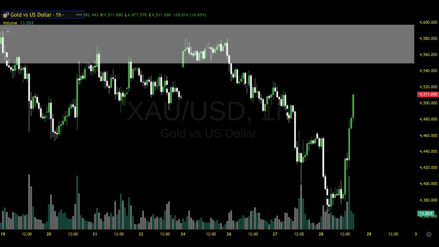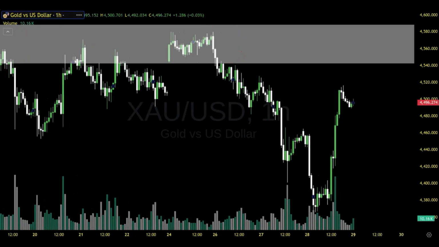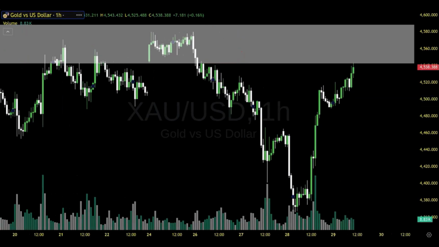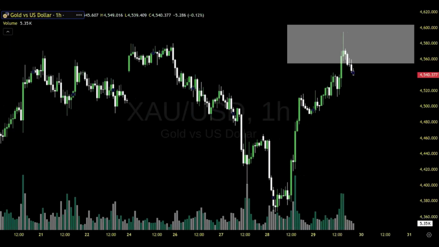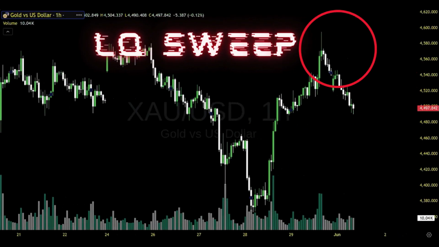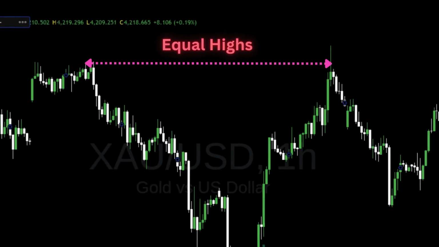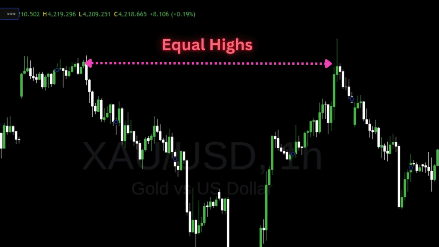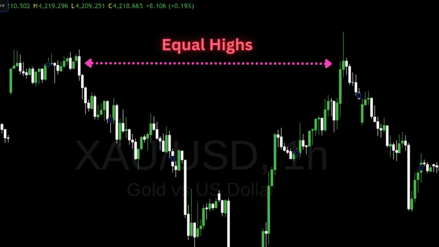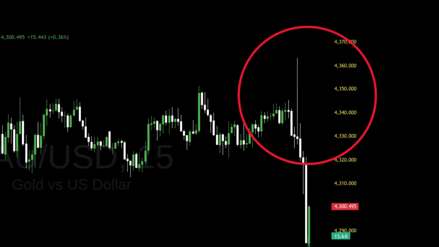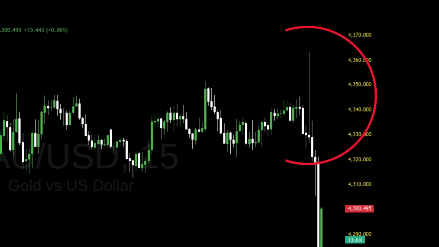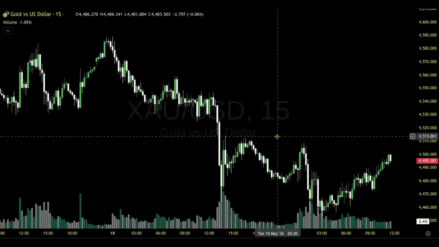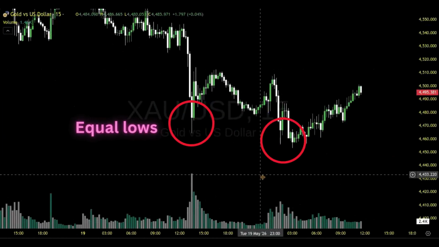And remember, my friend, the goal is not to predict every market movement. The goal is to understand why gold behaves the way it does. When you start paying attention to liquidity, you will notice something interesting. Many moves that once looked random suddenly become logical. You begin to understand why gold often attacks highs before falling, why it attacks lows before rising, and why so many traders get trapped at important levels.